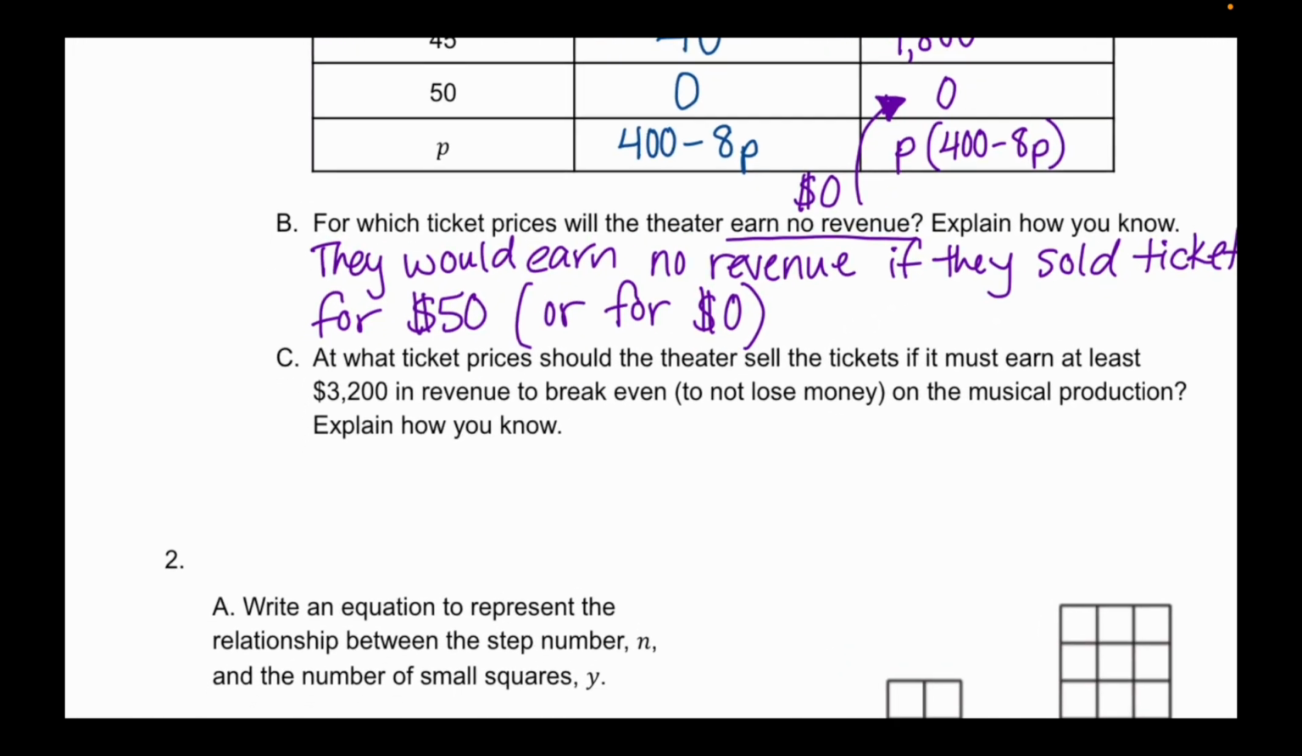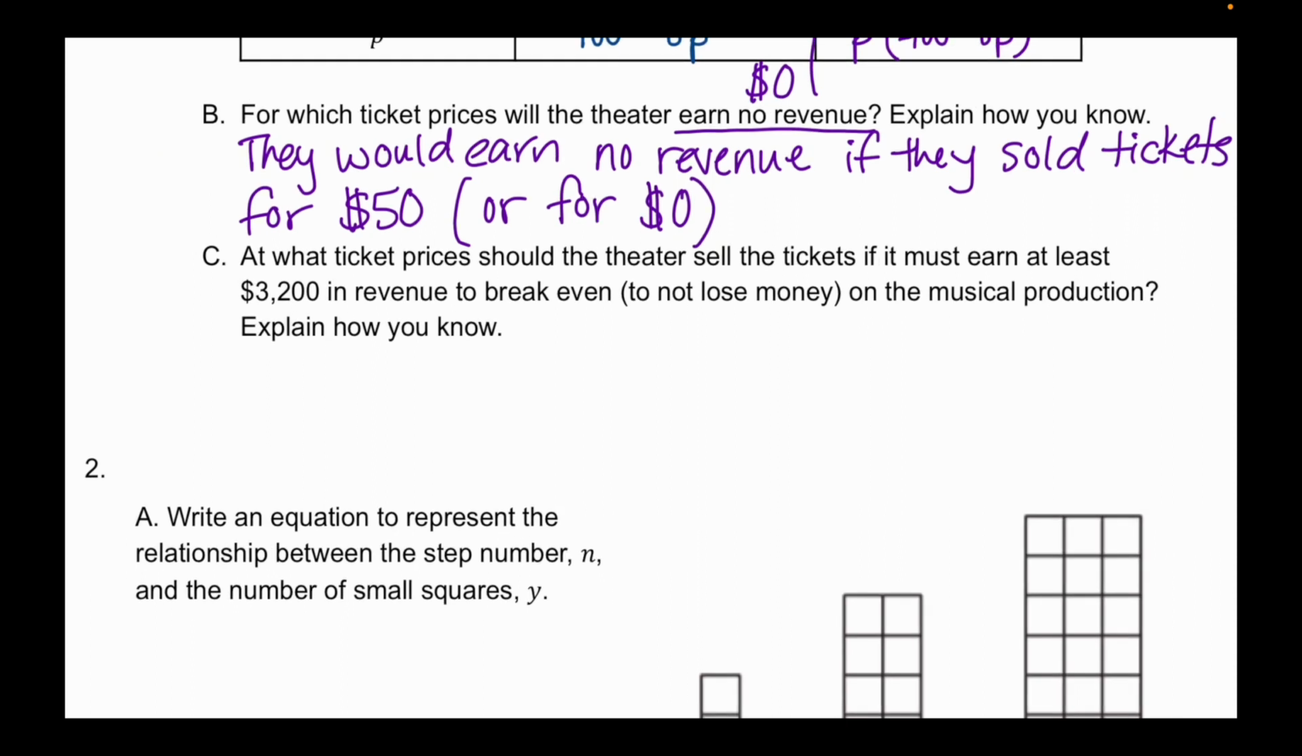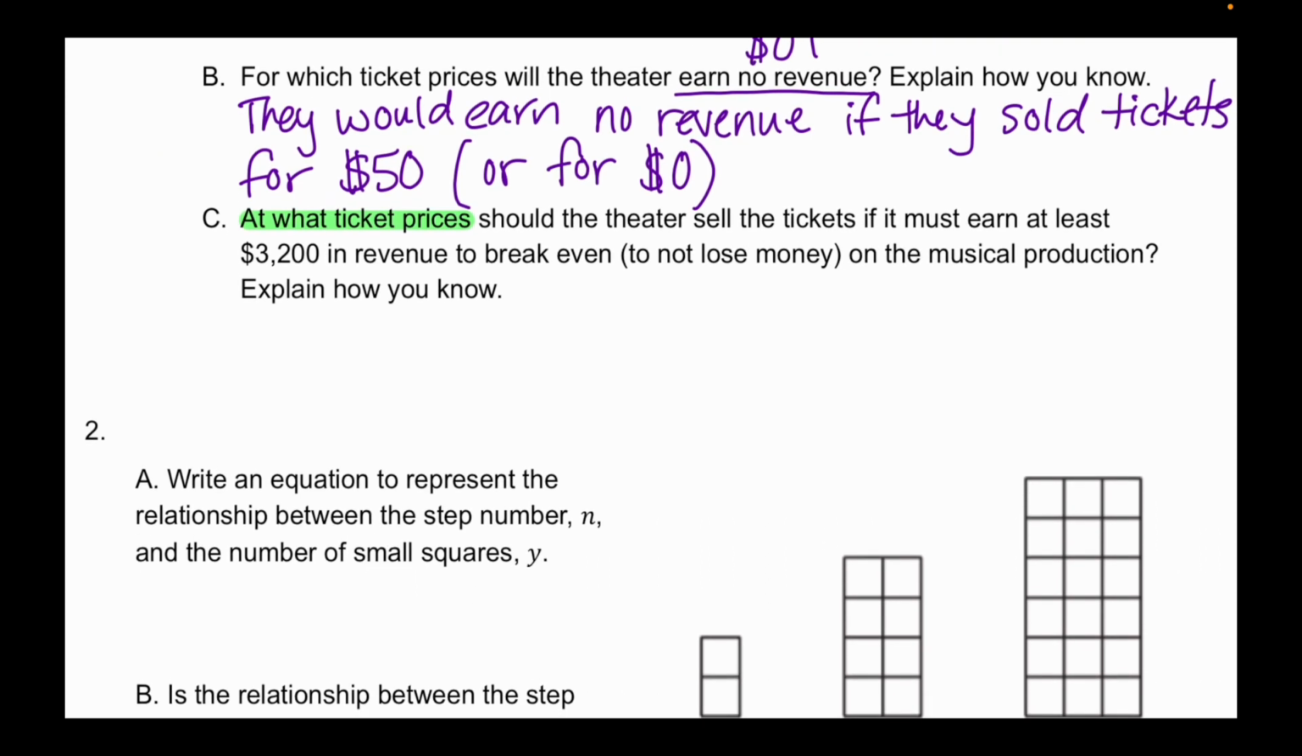So then that brings us to part C. At what ticket prices should the theater sell its tickets? Okay, so I'm going to highlight some pieces here of what they're asking. At what ticket prices? So this is what they're asking. They want a ticket price. Should the theater sell the tickets if they must earn at least 3,200 in revenue? That's one of the conditions